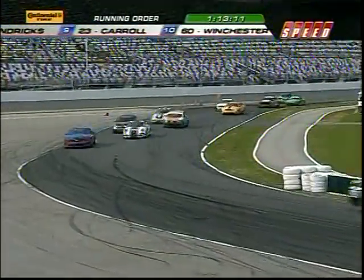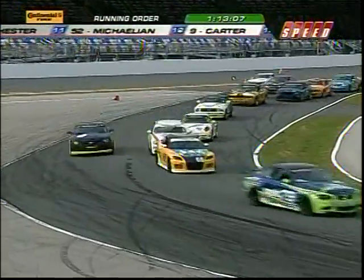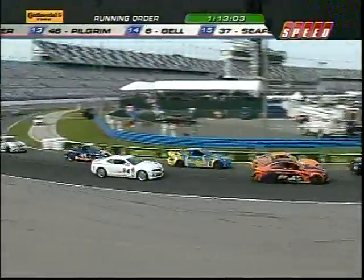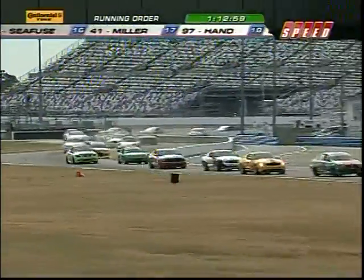Someone who's not mired in traffic is the 60 car. This is the combination of Ryan Winchester and Ray Mason. What a performance from this car. It is. They haven't done the driver change. Most of the other cars up front have done a driver change during this caution period, but Ryan Winchester stays